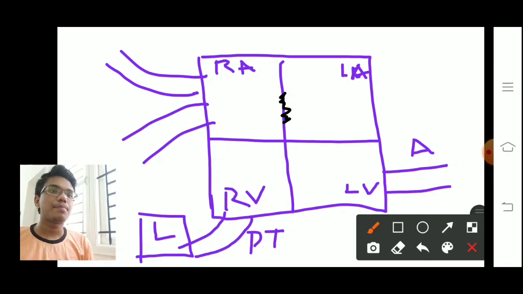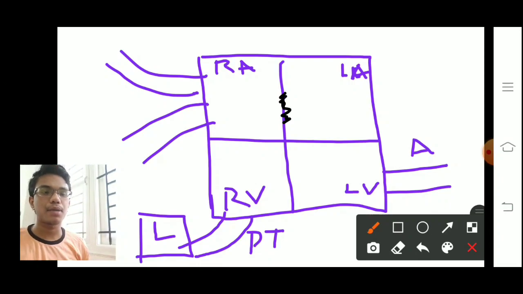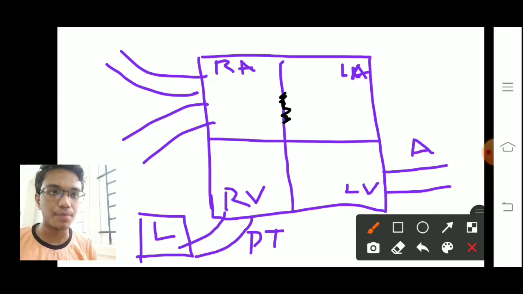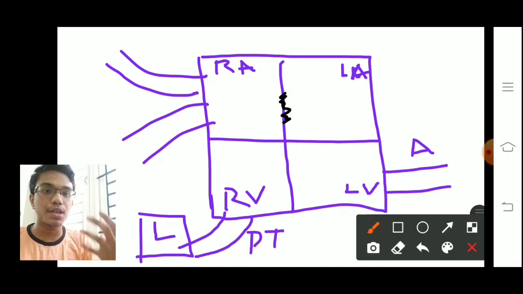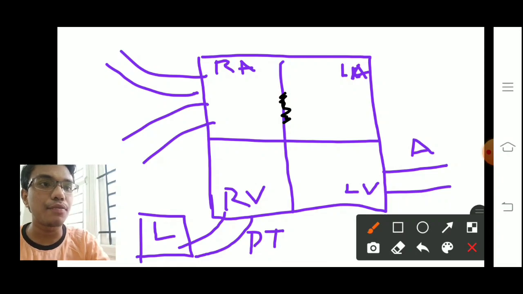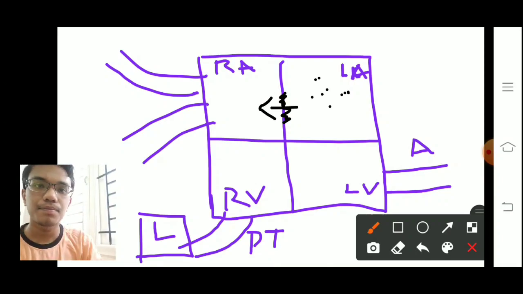Here there is a presence of left to right shunt. Imagine the presence of a left to right shunt through this interatrial septal defect. Imagine this to be an atrial septal defect, ASD. So what happens is, obviously, oxygenated blood from the lungs comes to the left atrium through the pulmonary veins, and now this oxygenated blood will get diverted towards the right atrium, okay, and some